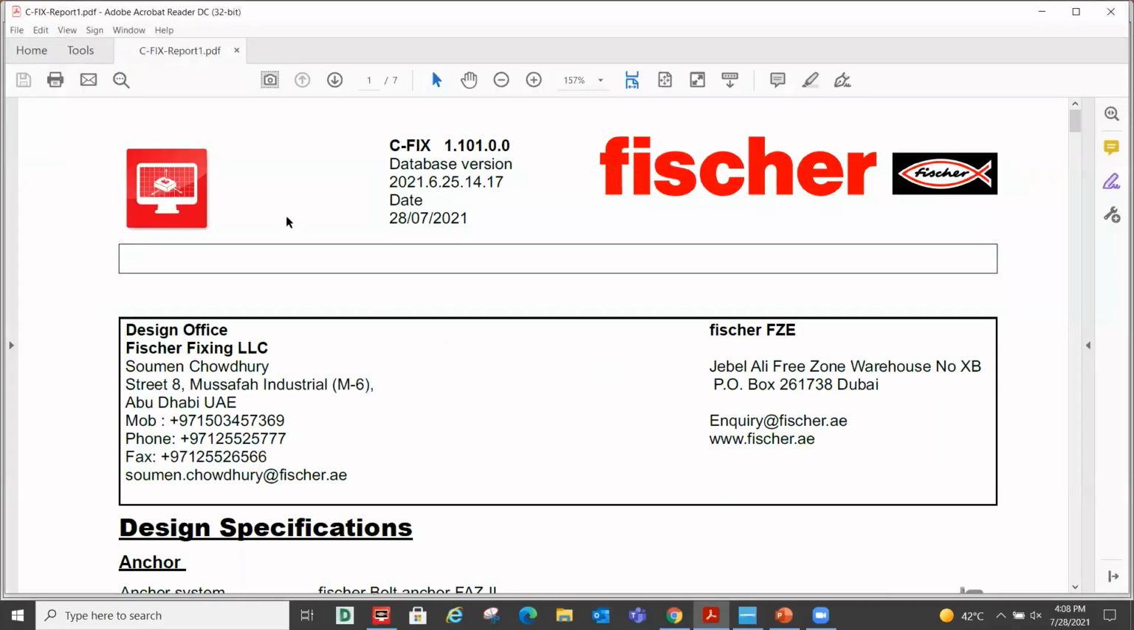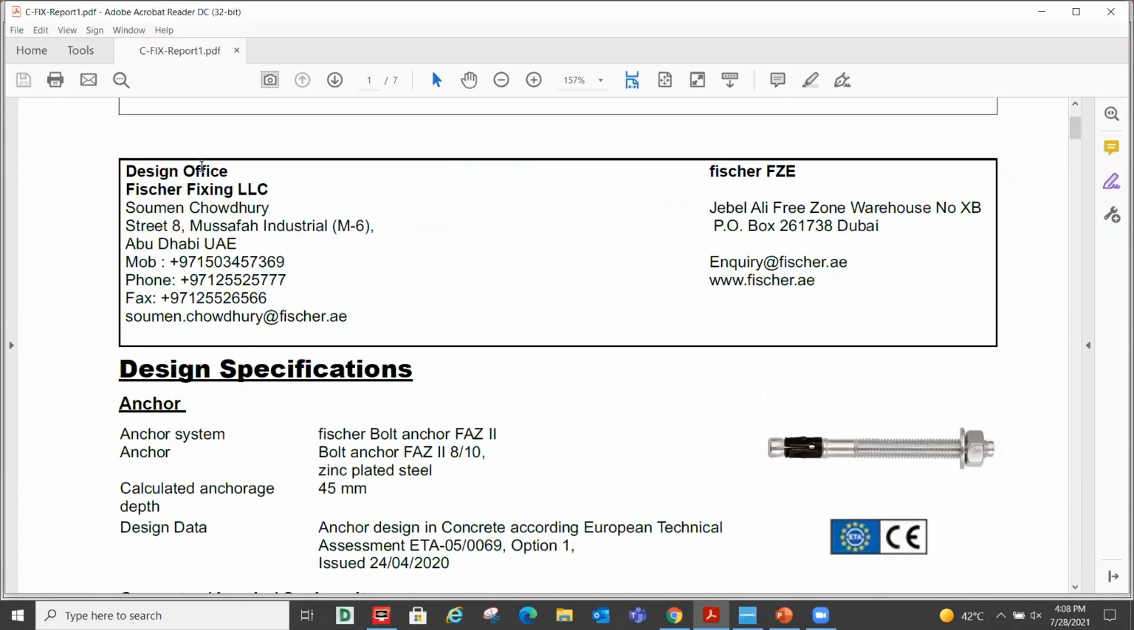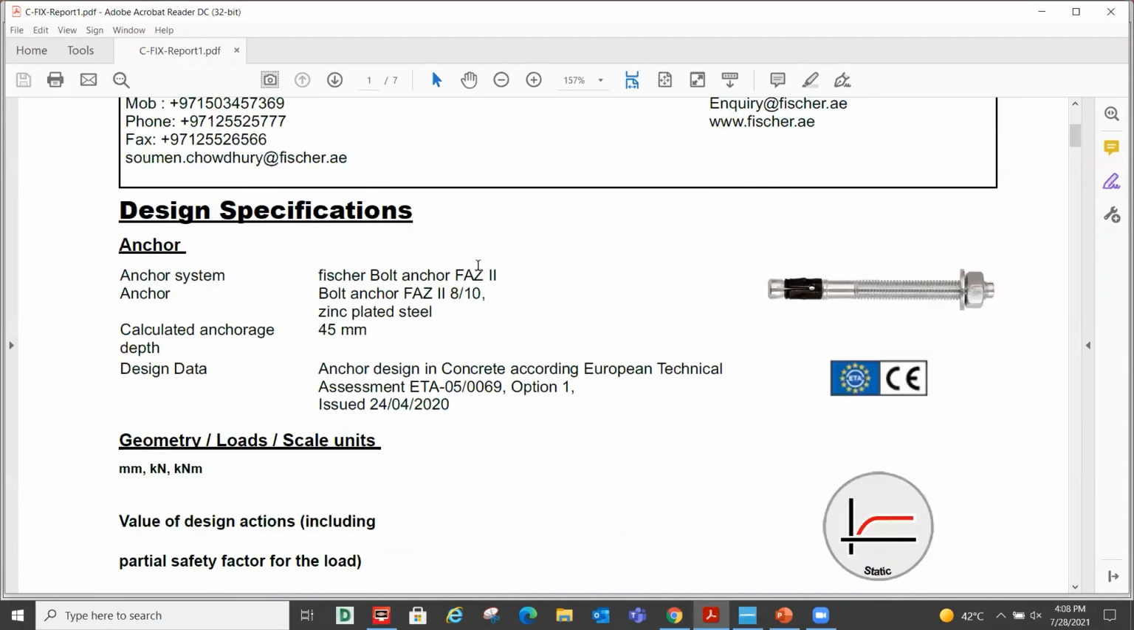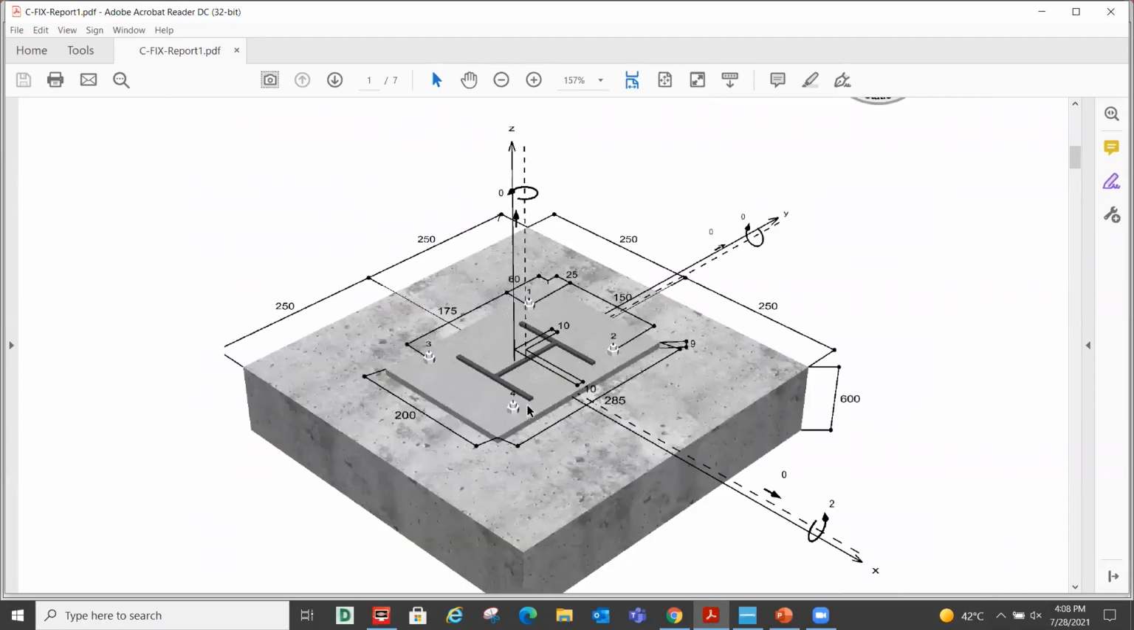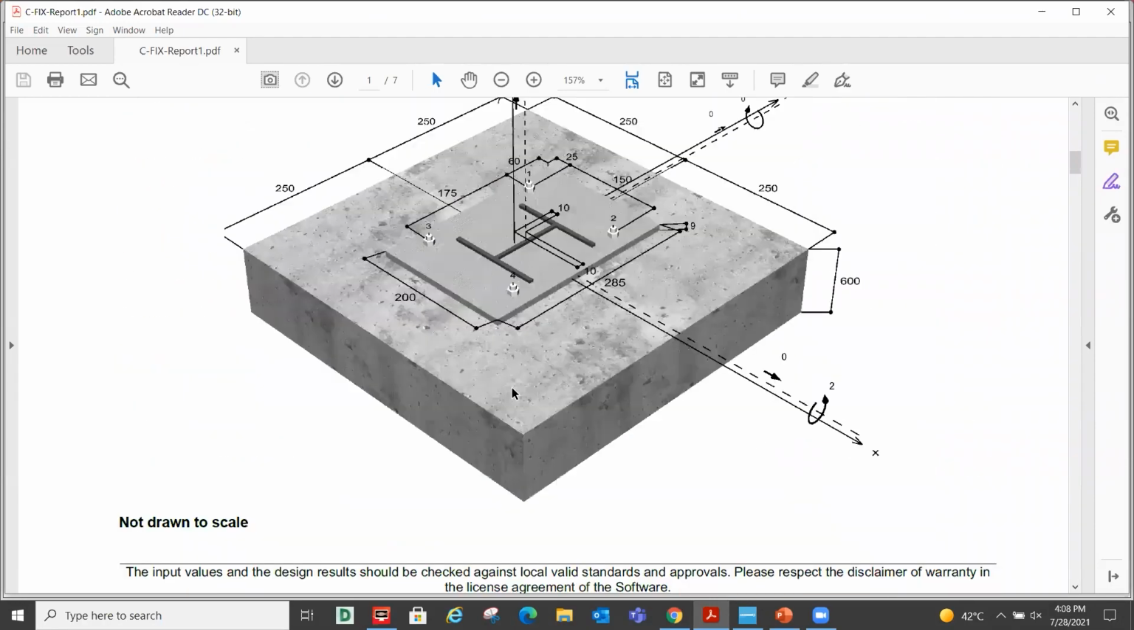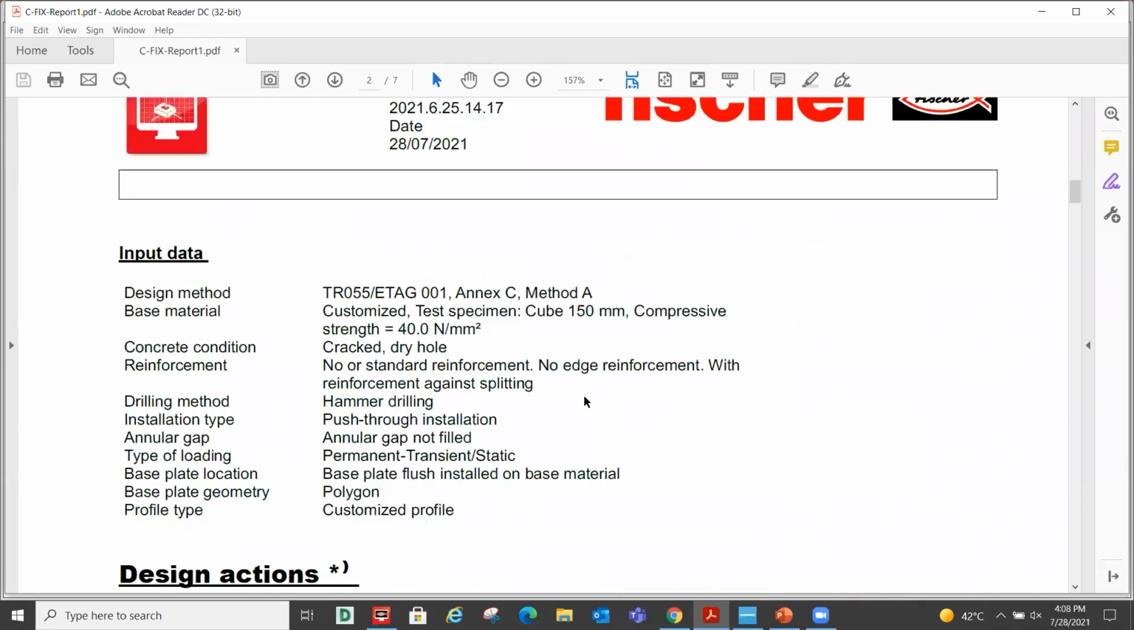Yeah, so this is how the report will be generated, like this. As I put my design office option, it will appear here, and our subsidiary details here. Then you will have design specifications. So what all anchors have been used for this particular design, the anchor type and the code used for this design. Then you have the actual geometry of the arrangement and the input data, basically the codes used and